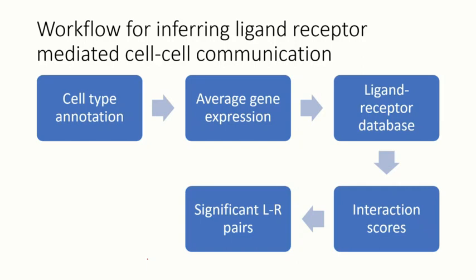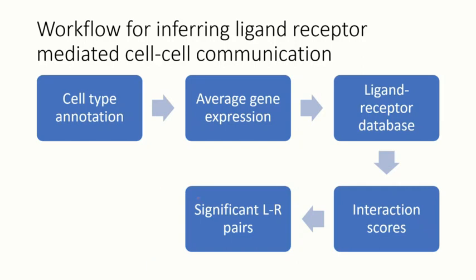The database will tell you which ligand gene has interaction with which receptor gene. So that's the information. You probably have one ligand and multiple receptors, and then you have many different pairs to study. Then you have to start to score this. So then you compute the